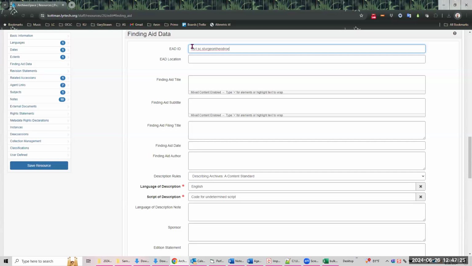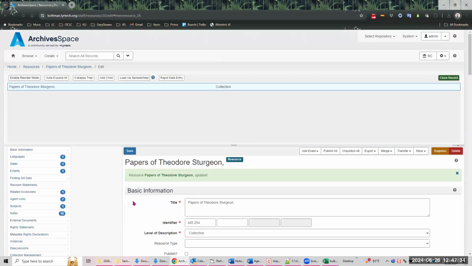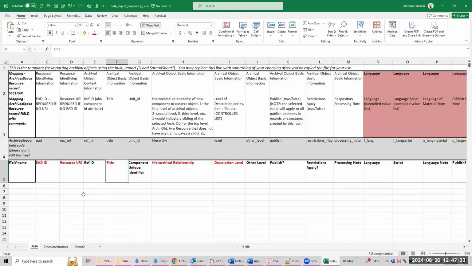ksrl.sc.sturgeondo. And nope, D-O. Yeah, that's better. And then I'll save the resource. So now I have an EAD ID in here. And so let's go here. So what I would want to do is type in